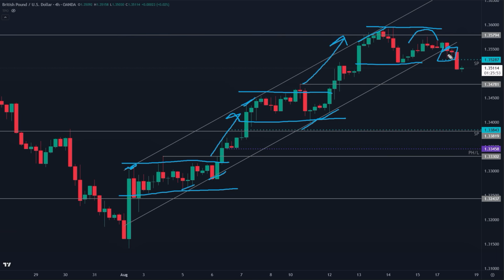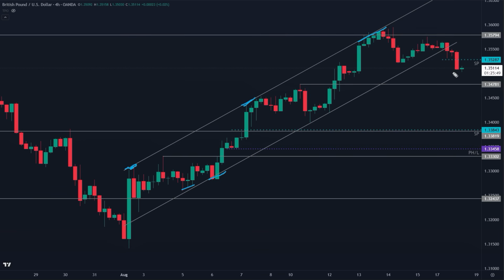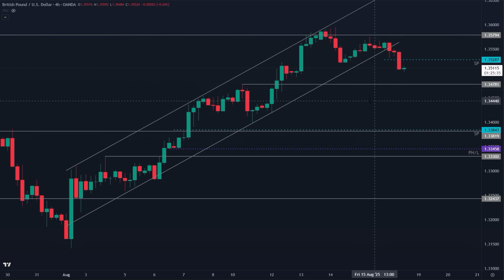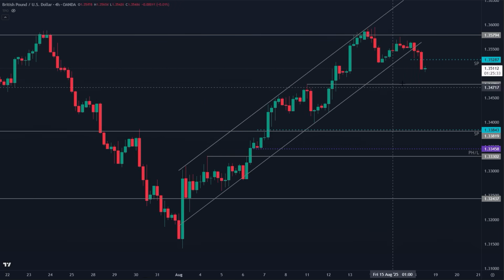All right, so full disclosure, guys, I do have a short on here from 135.38. I did announce this in real time in the VIP group, so that's the benefit of being in Discord, is that you will see my trades in real time, including the entry, stop loss, and take profit. Okay, so with that said, guys, we have the market breaking down.